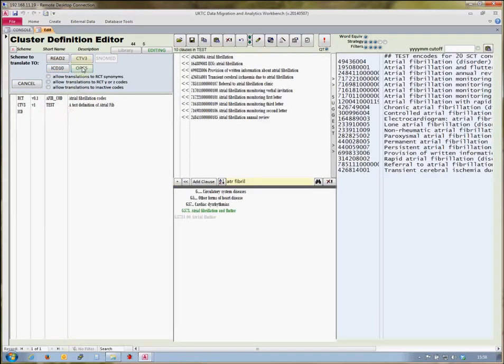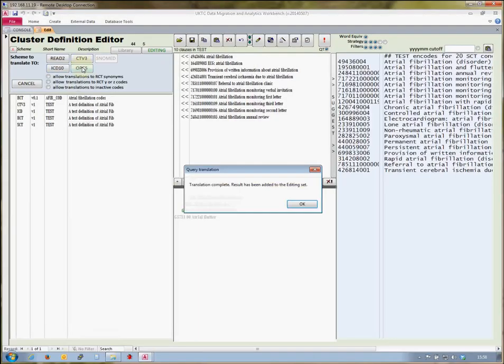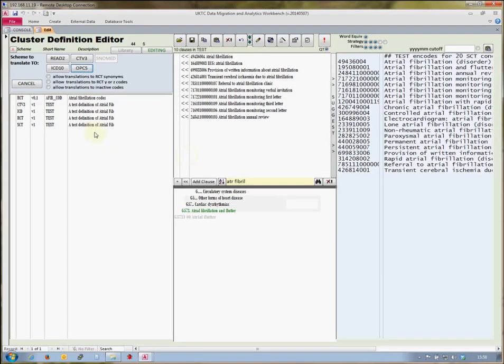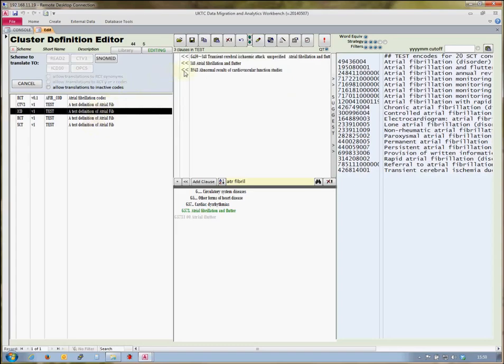Or OPCS, which is the UK's procedure classification. Although none of the procedures mentioned in the cluster definition have a corresponding OPCS code, and so there is no translation generated. But the ICD encoding, for example, says it's everything under atrial fibrillation and flutter,